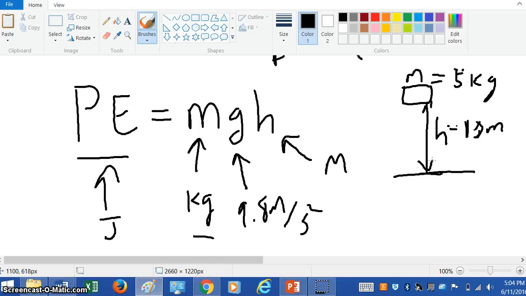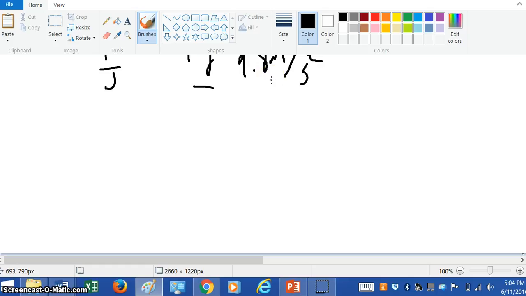So this is the height above the ground, or some reference point, where the reference point is always h is equal to 0. Like the initial height is 0. All right, and we raised it 10 meters. Okay, so it's really simple. It's just going to be 5 times 9.8 times the height, which is 10. Okay, so the potential energy of this object, whatever it happens to be, is 5 kilograms